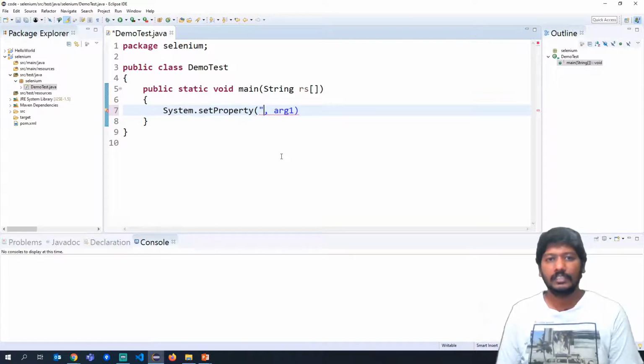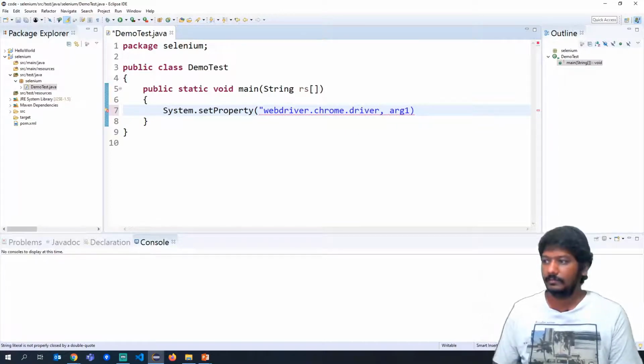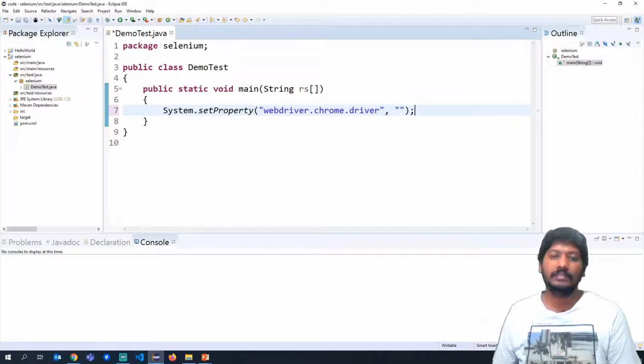Here we have to set configuration for webdriver.chrome.driver, and the second parameter is the location of the chromedriver.exe file that we have downloaded. I am setting that here.